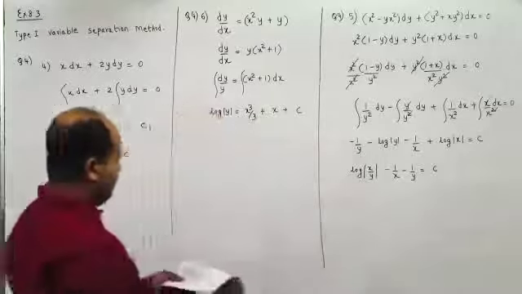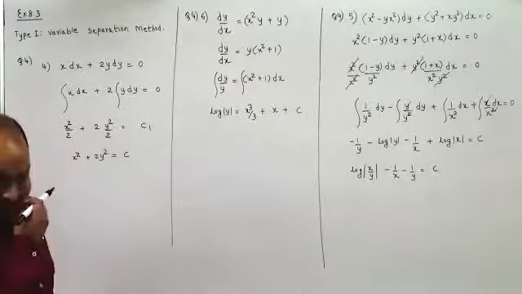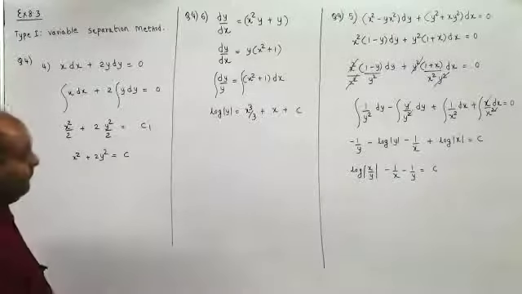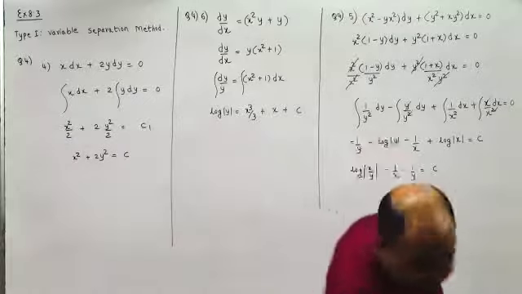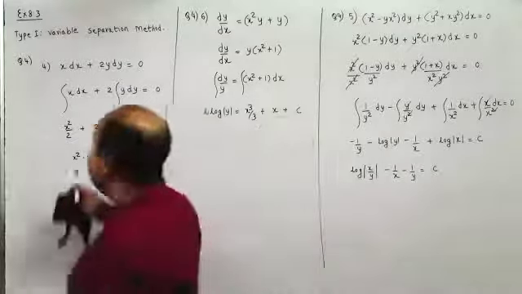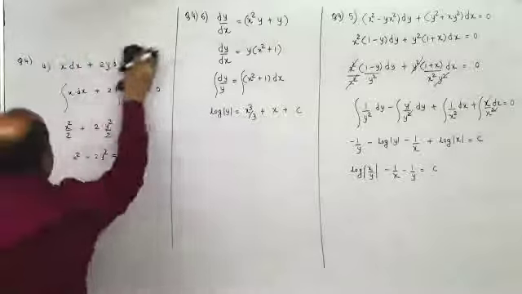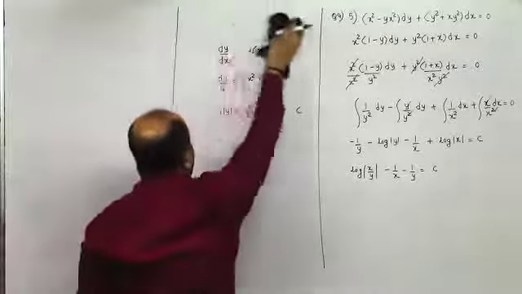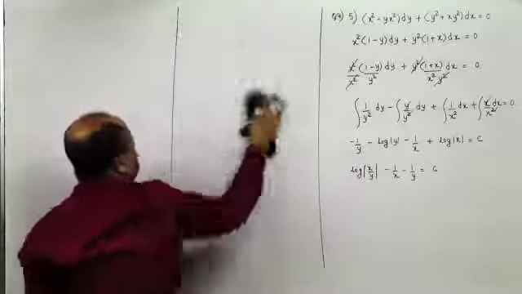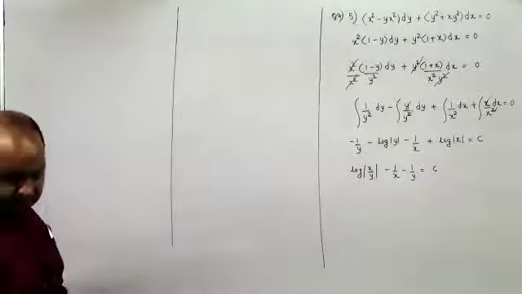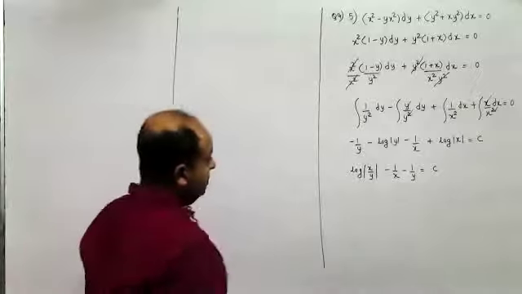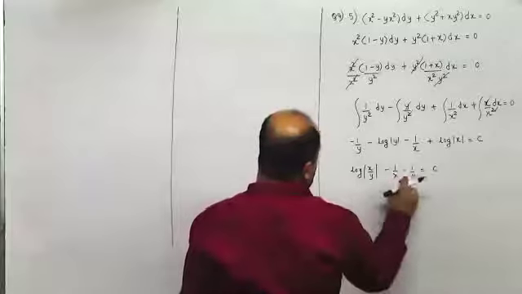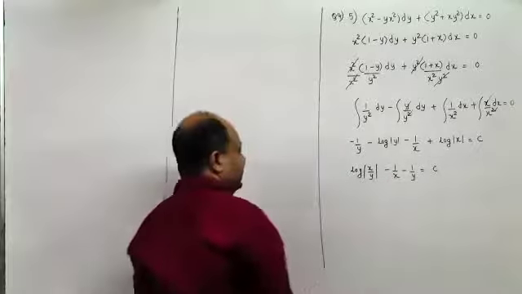Can someone verify the answer for this? This is also from this exercise itself, exercise 8.3, question number 1, the third part. This is all variable separation method where you can separate y and x. So they have given log x minus log y is equal to 1 upon x plus 1 upon y plus c. Yeah, so that means they have taken this 1 upon x and 1 upon y to the other side. Doesn't matter. So it is right.